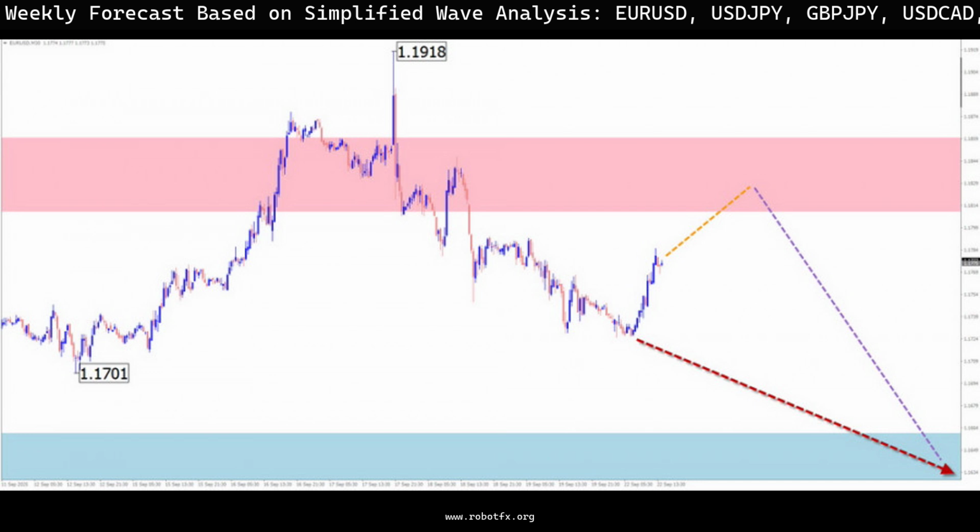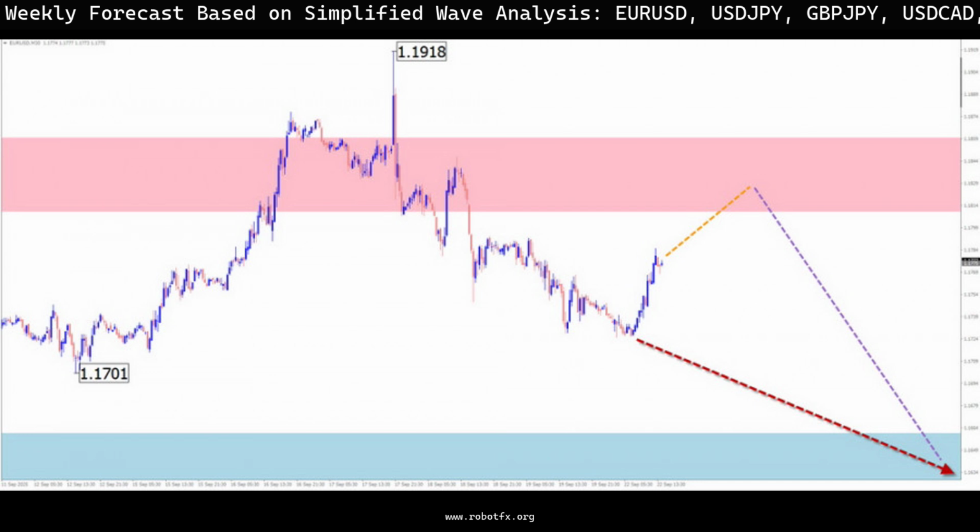NZDUSD brief analysis: the current wave structure on the NZDUSD chart is bullish and began in early April. Since July, a correction or flat wave has been unfolding and remains incomplete. The tentative target zone for the correction coincides with the upper boundary of a strong potential reversal area on the higher time frame. Forecast for the week: